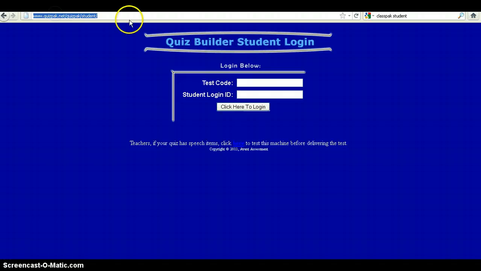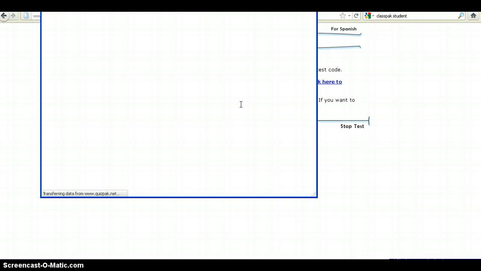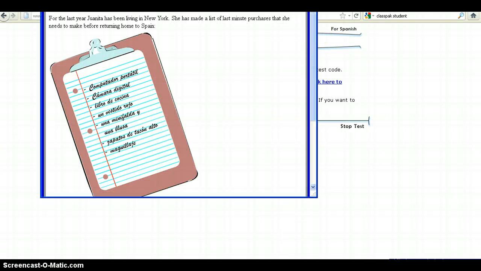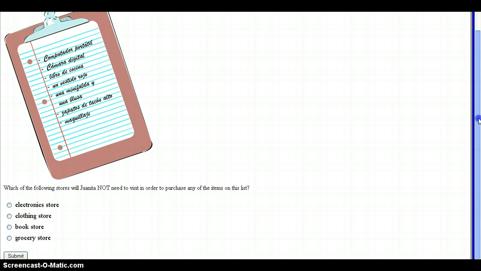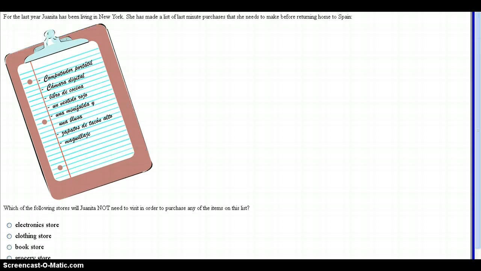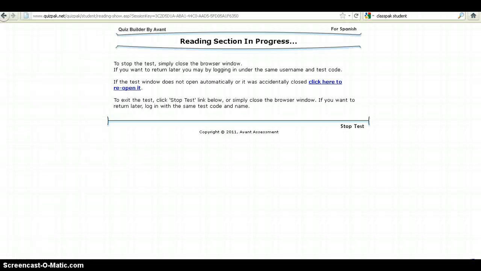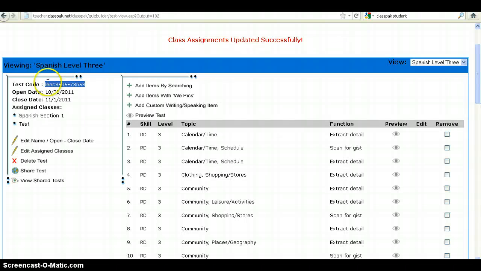This is the web address. I'm going to put my test code here and then my student login ID. So for example, I gave a student this login and click here to log in, and then the student is able to take the test online. So that's pretty simple, and that's how your students will log in. Going back to things from the teacher side,